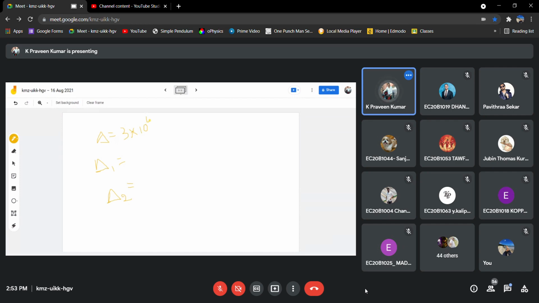Then delta 1. I think delta 1 is 100, right? Then delta 2 will also be 100. So have you got these values? Delta is 3 into 10 power 4. Delta 1 is 100. Delta 2 is also 100.